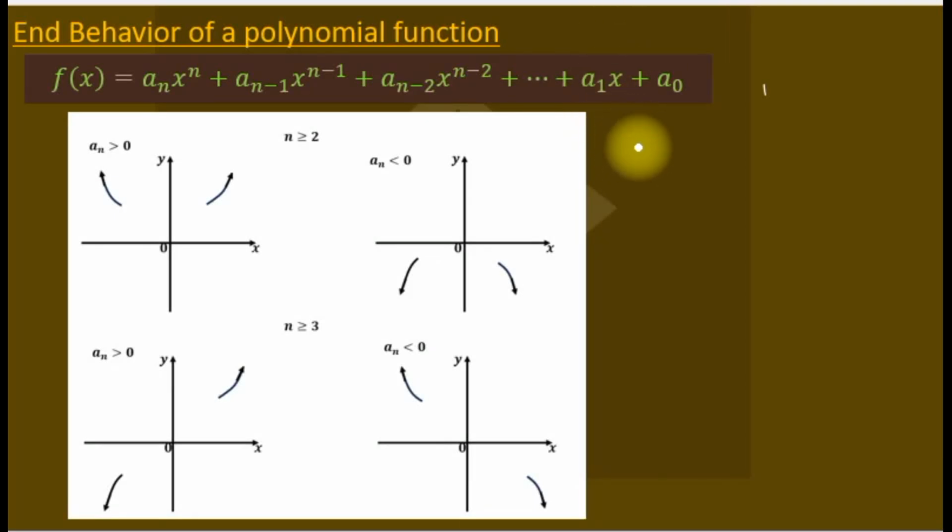So the end behavior focuses more on the highest power, that's the highest power n, and its coefficients. This determines the behavior, how the graph will look, especially the end parts. So for the first one, we have that when n is greater than or equal to 2, as you can